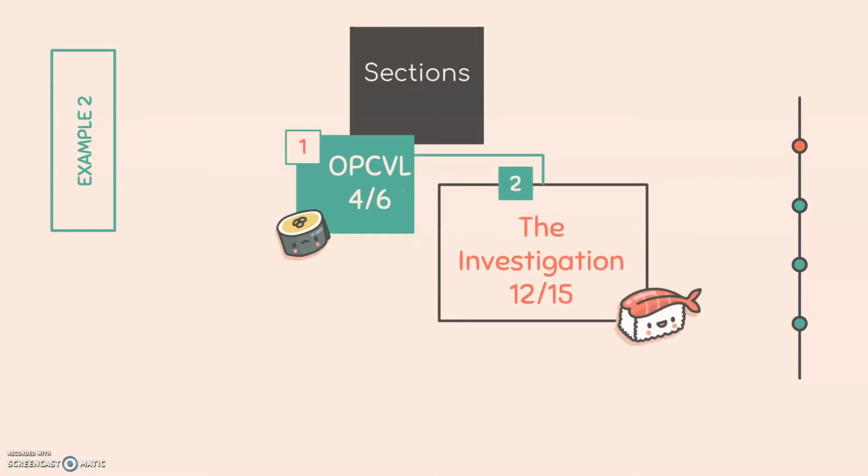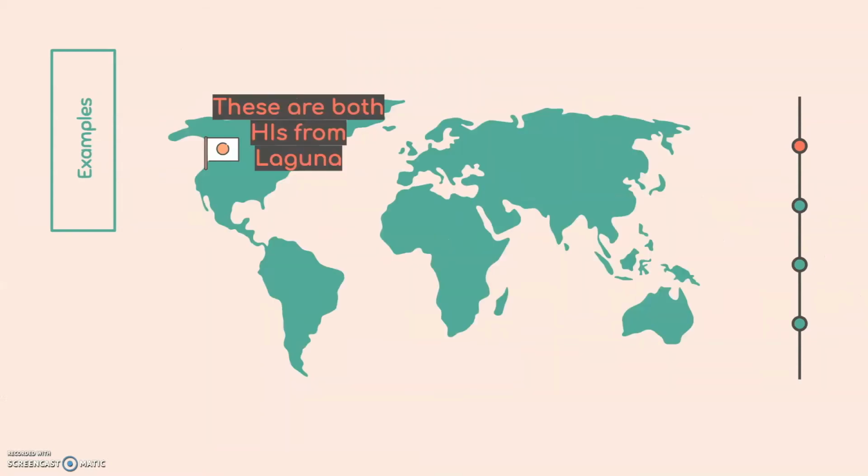Their section 2, 12 out of 15, very, very, very well done. Lots of analysis and evaluation of perspectives. And section 3, their reflection got a 2 out of 4. It focused a little bit too much on the selection of the topic as opposed to the actual research process, methodology, etc. Both of these HI examples you read are from Laguna, and I can tell you, having been the